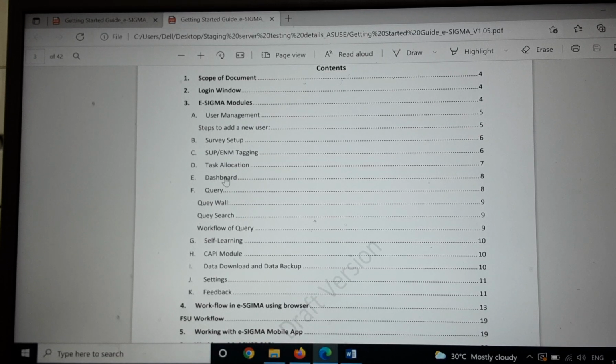Dashboard is for assessing the progress of FSUs, and query wall for knowing the answers to particular queries, self learning, and so on and so forth. Okay, so this eSigma application is available for desktop and tablets at two different links. What these two links are, we will be discussing in due course of our presentation.